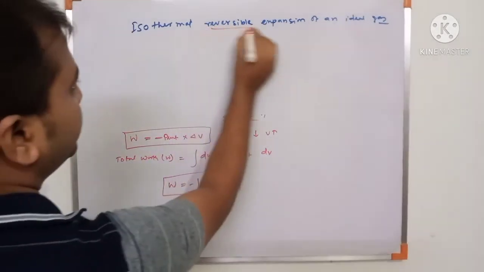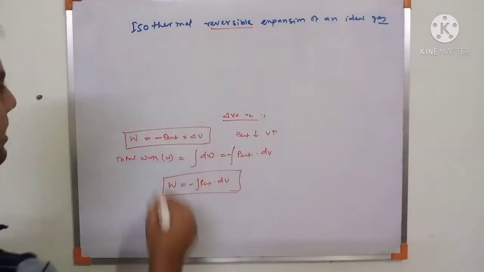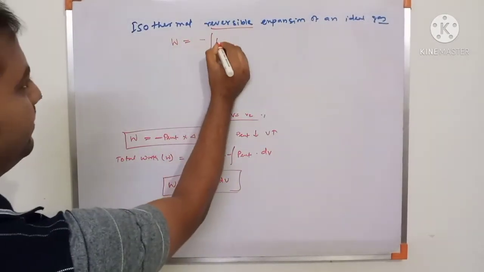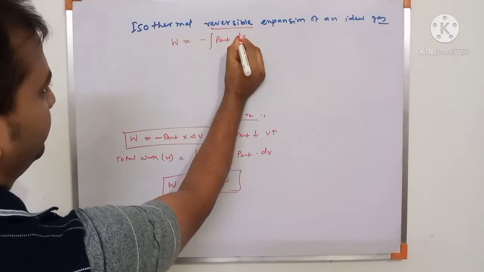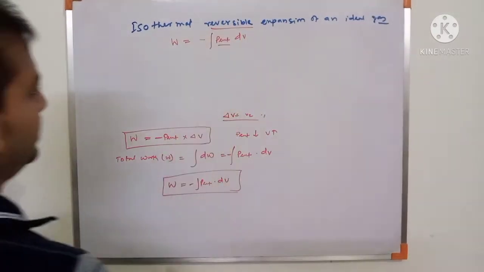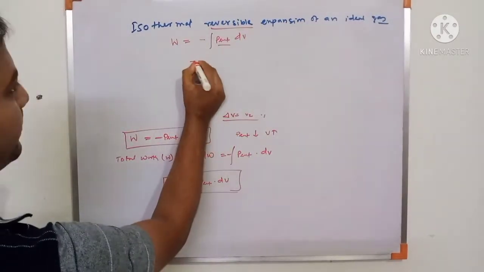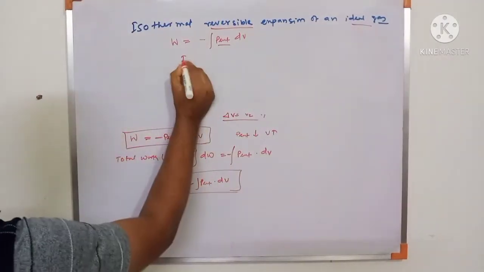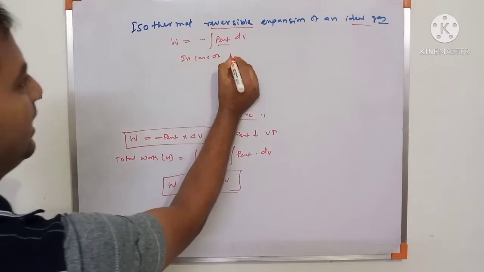Now reversible, this is an incredibly small step reaction. So work equals minus P external into dV. Pressure is not constant in the reversible process. So in case of an ideal gas,